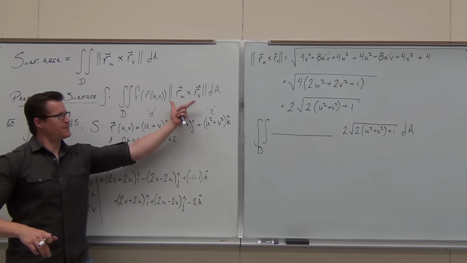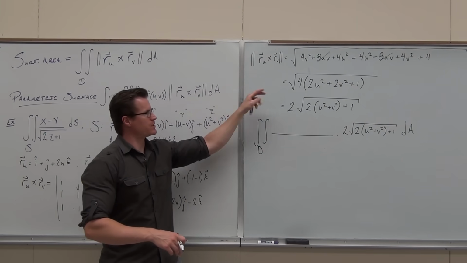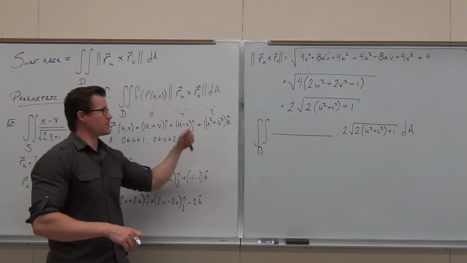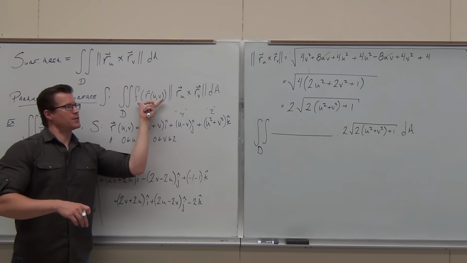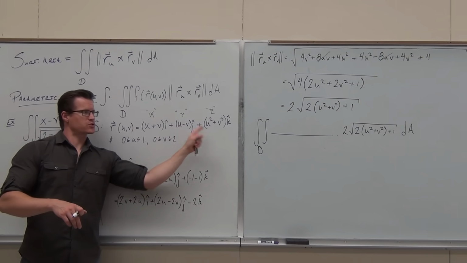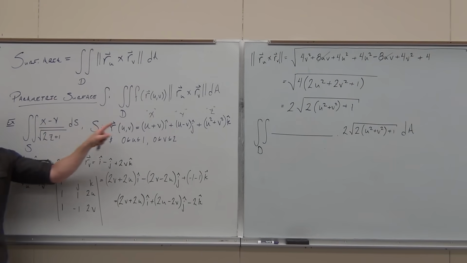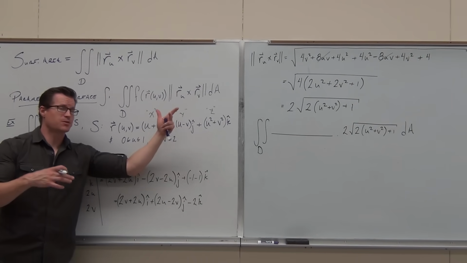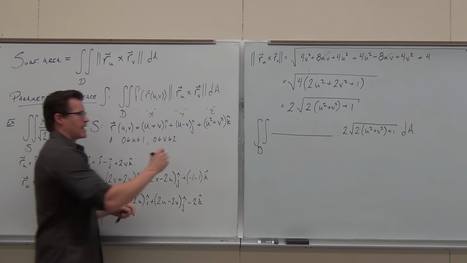So I found the cross product, we found the magnitude, we simplified as much as we can, and we have it right there with the dA. That's exactly the same thing. This piece says, look at the mass density function in x's, y's, and z's. Use your parametric surface to change it. X becomes this, y becomes this, z becomes this, every place you see it. So in our case, we have